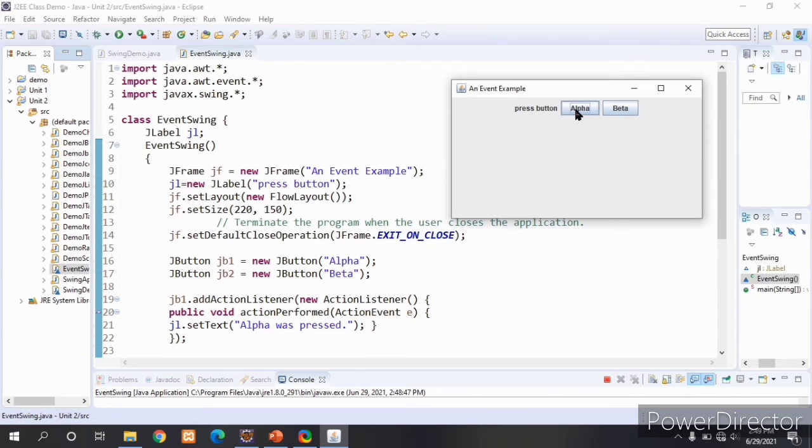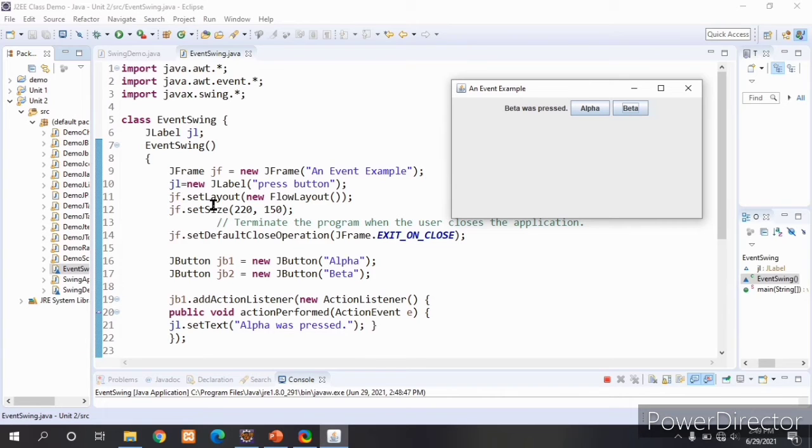Two buttons are there, alpha and beta. When I click on the alpha button, the JLabel text is changed to "alpha was pressed." And when I click on the beta button, the JLabel text is displayed as "beta was pressed." This is how we handle events with Swing by using a JFrame.